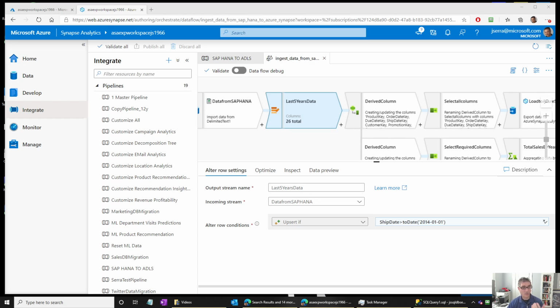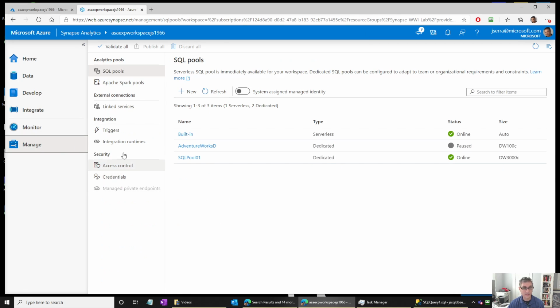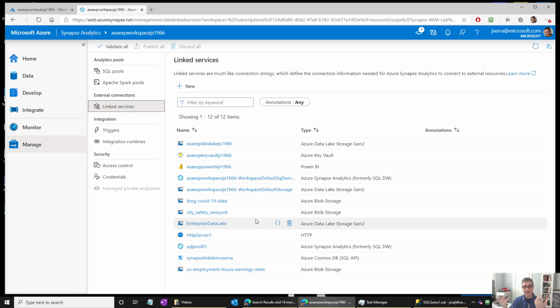The next thing you're going to want to do is go to manage, and underneath that you'll see this linked service option. Here's where I can link other resources into this Synapse Studio. One of them is Data Lake Store Gen 2, and I can also link in a Power BI workspace and a number of other things, but those are the two most popular ones that you'll be utilizing within the workspace. So you just go in here and link them, and then you can start using them